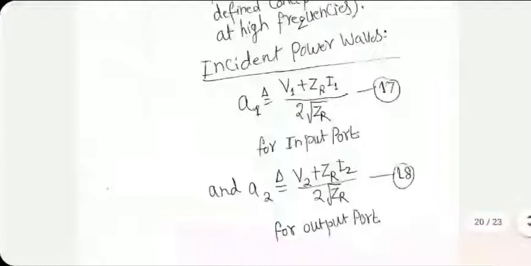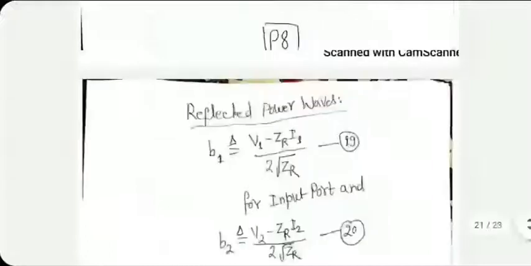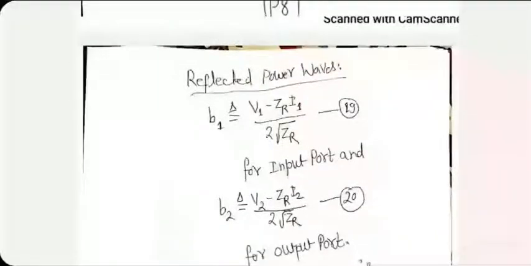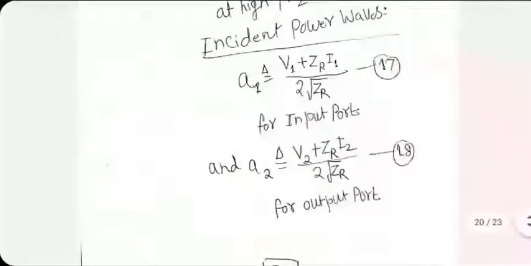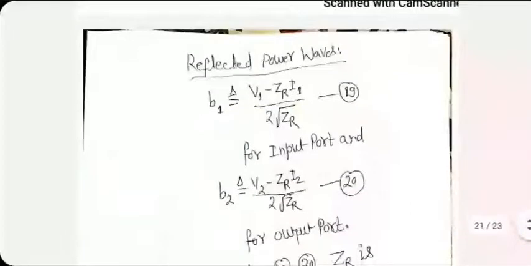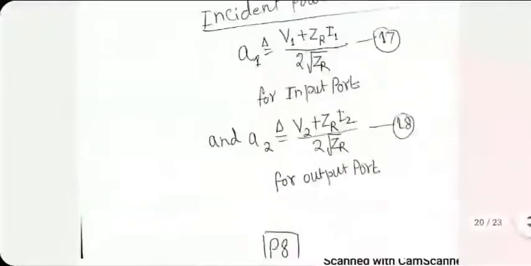Quantity a was related to the incident signal, incident voltage and current both. And quantity b was related to reflected signals. And based on,